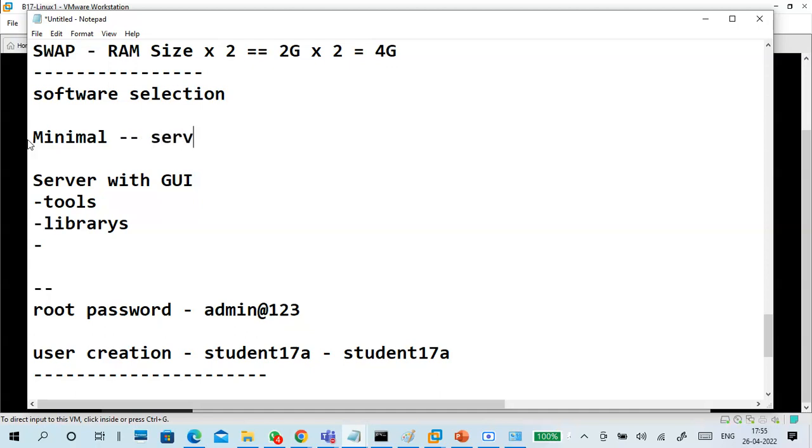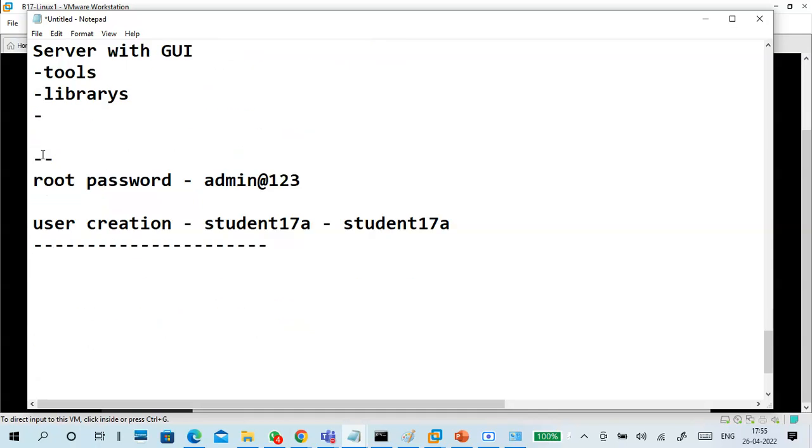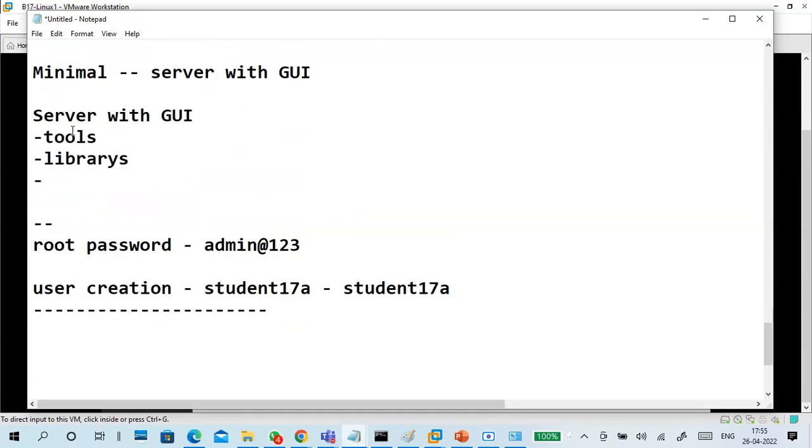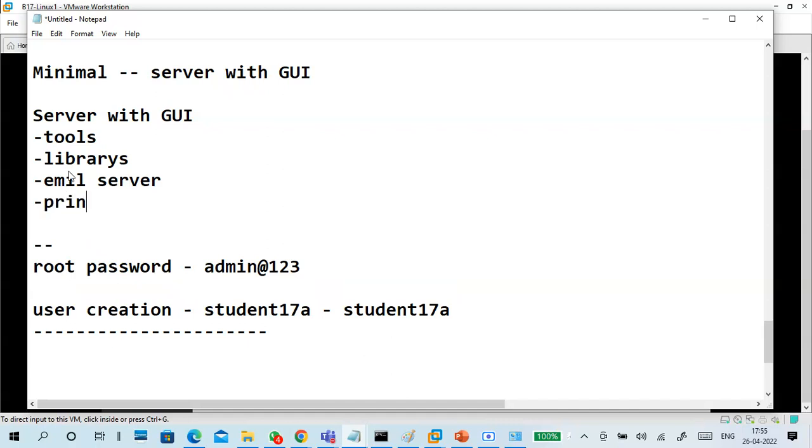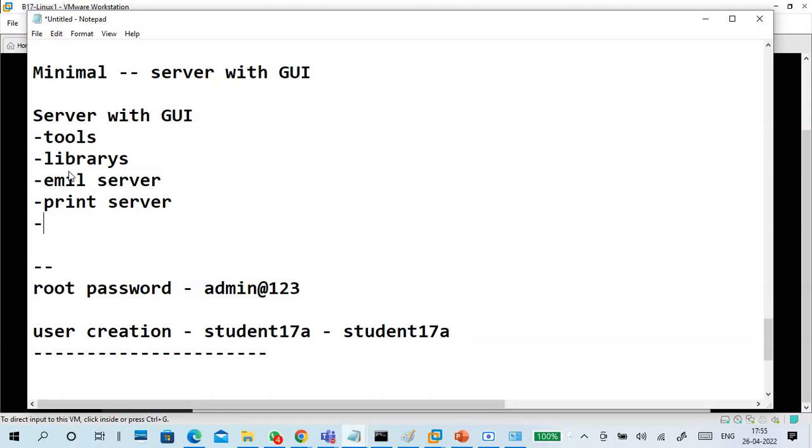Change it to server with GUI. Here you have the administrative tools, libraries. Okay, you want an email server, print server. Which one you want to select? Like that, you have to select compatible libraries.